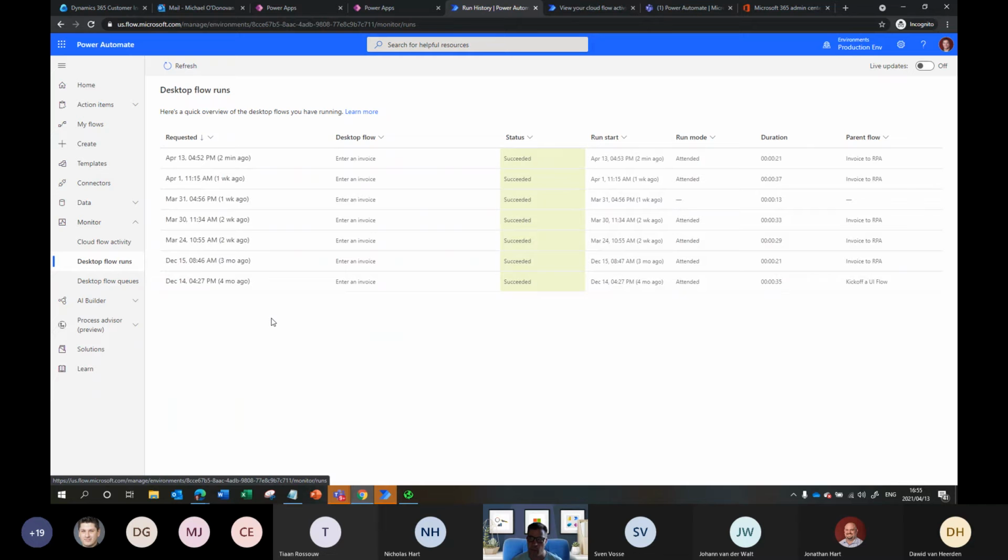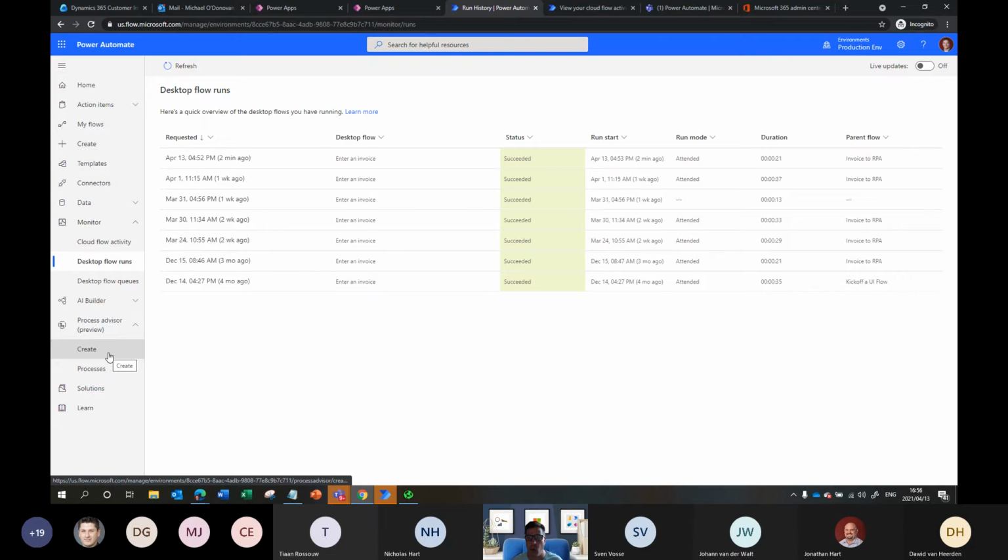The other thing that's pretty cool, which unfortunately I haven't got set up and I just wanted to talk to you about, was this thing here called Process Advisor. Now, what Process Advisor is, it allows multiple people to go and record a process that they do on their desktop. Maybe there's like 17 people in the call center, and the way that they open a support ticket, you want all 17 of them to record it. So they use the desktop recorder, they all record it.